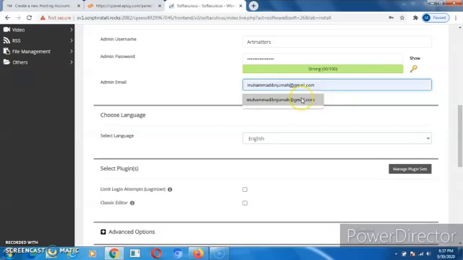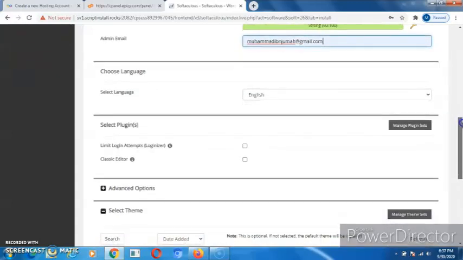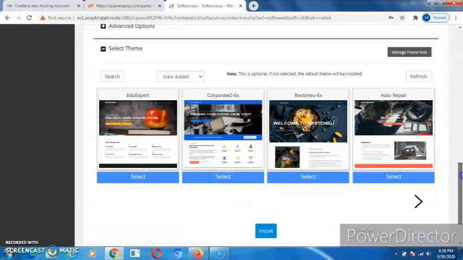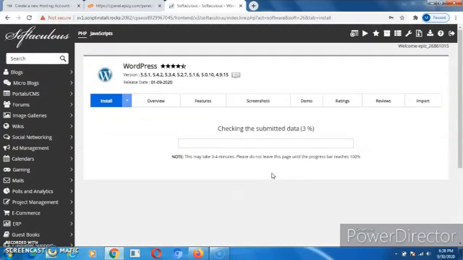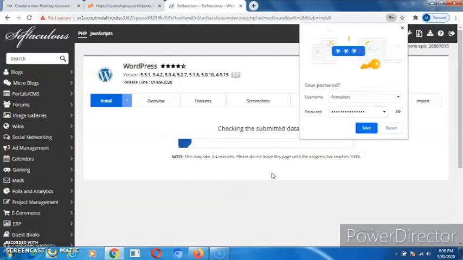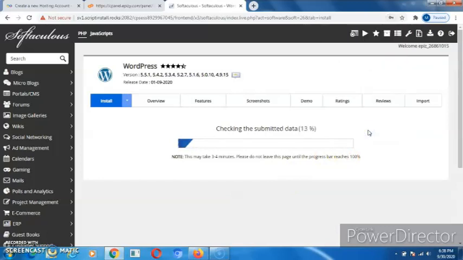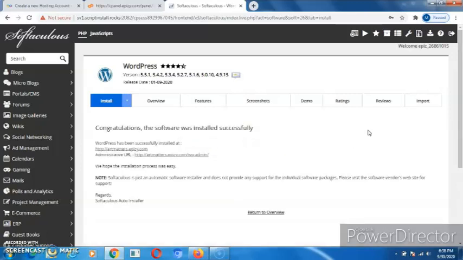You can also use it, but it's advisable for you to change it. So just go straight down and click on install. So it's checking the submitted data, maybe it's correct. So we're done. So now I've created a website